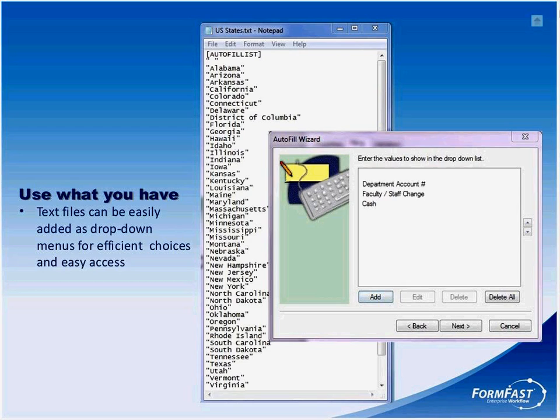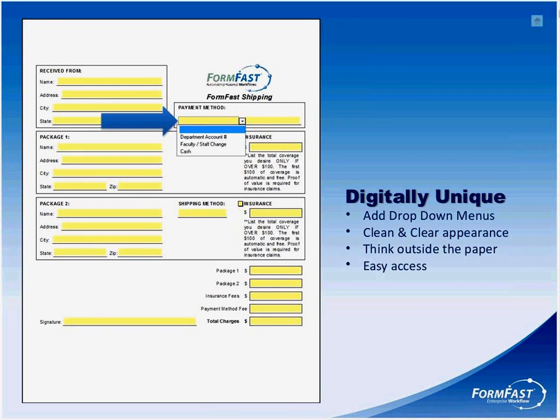Apps will also make it efficient and give you the choices that you need for the customer that's filling this out. It gives them easy access, and it gives them a choice of answers so they don't have to come up with them themselves. As you create these drop-down menus,